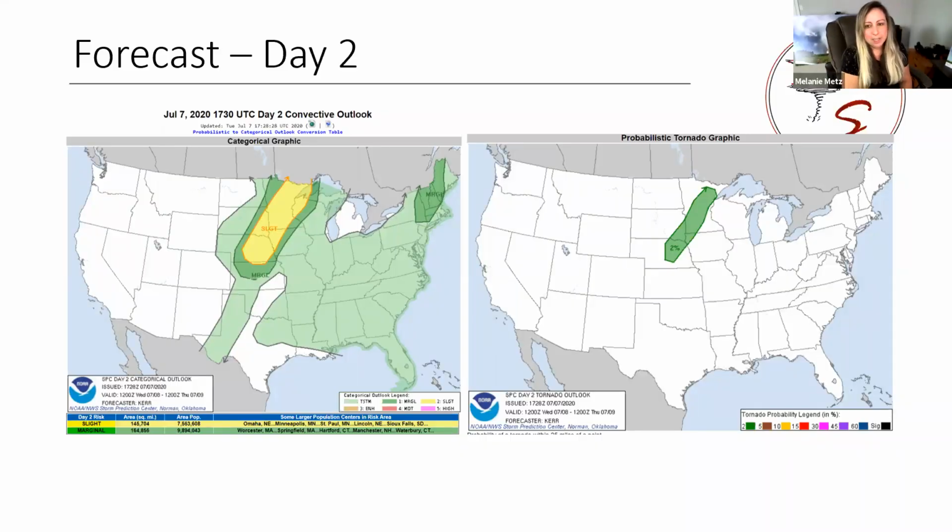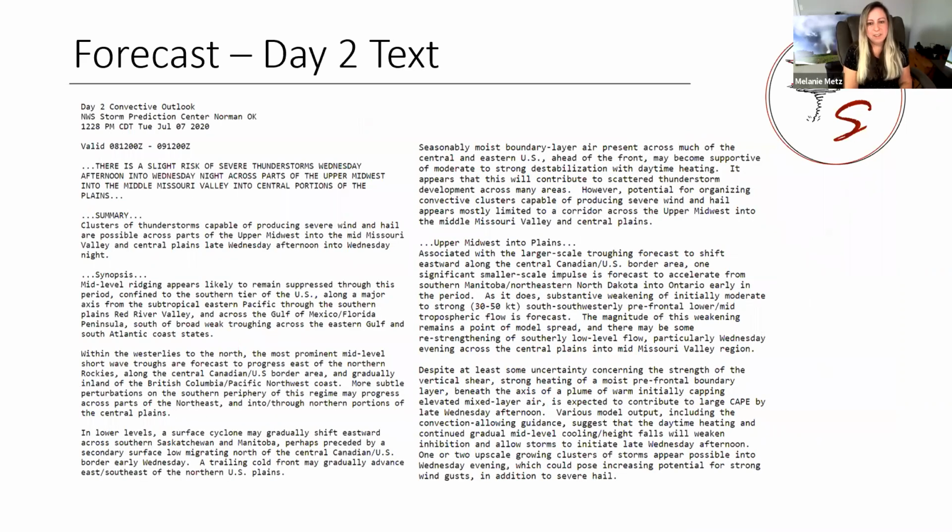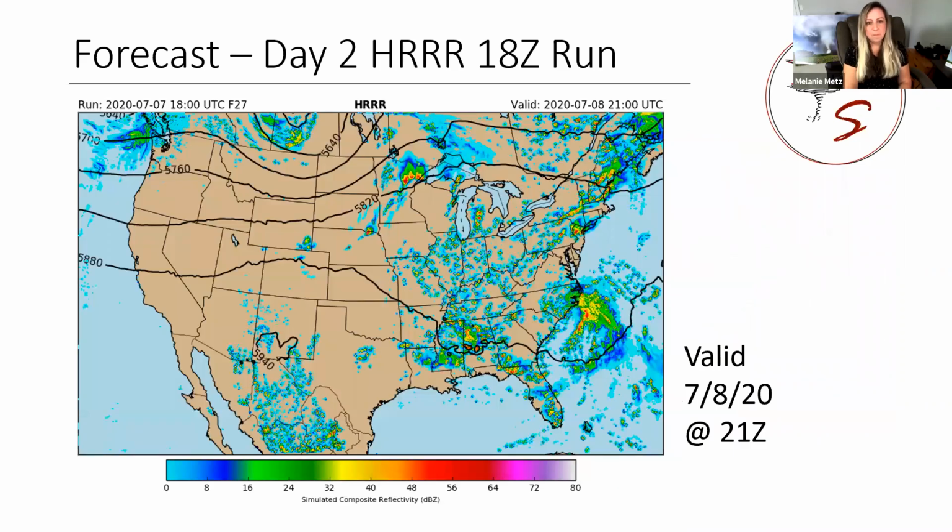And here's the next day 2 outlook, which again is the day before. This is at 12:30. Still a slight risk, but now they've downgraded the probability of tornadoes to only 2% along that boundary. And it didn't look any better according to the outlook in Minnesota versus Nebraska. In fact, it's starting to look a little better up here. All right, keep going. We don't need to go through any of this text here. And this is just a quick look at one of the models that we tend to look at the day before we chase and the day that we do chase as well.